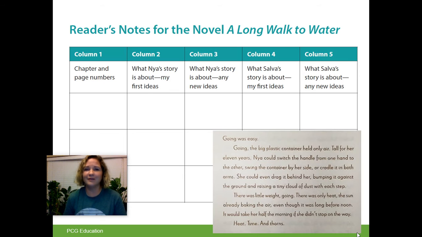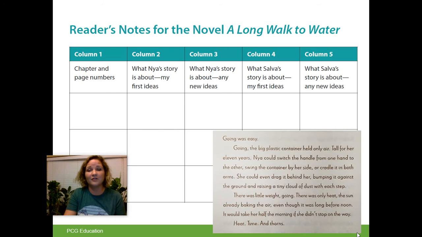Okay, so my first thought about this piece of text is that she's going to get water. And you're like, Miss Hutchings, how do you know she's going to get water? The text doesn't say she's going to get water, but I did something. I read the title, and the title is A Long Walk to Water. So we can infer that Naya is actually going to get water. The next thing that I want to point out is this chunk of the text is about Naya's difficult journey to get to the water. So I'm going to pull out evidence that proves that the gist that I feel this chunk of the text is about